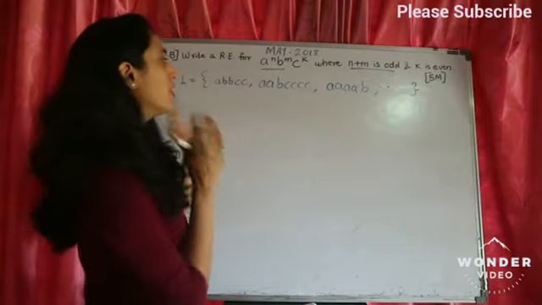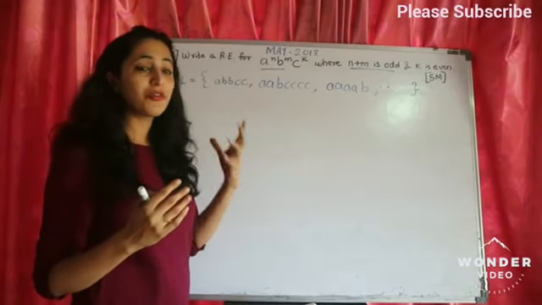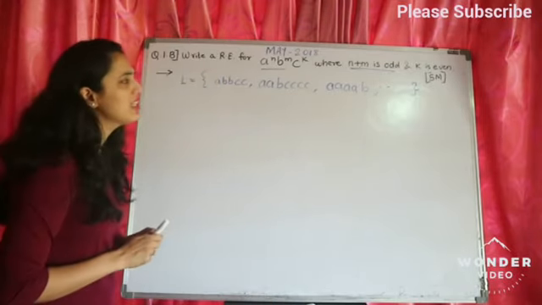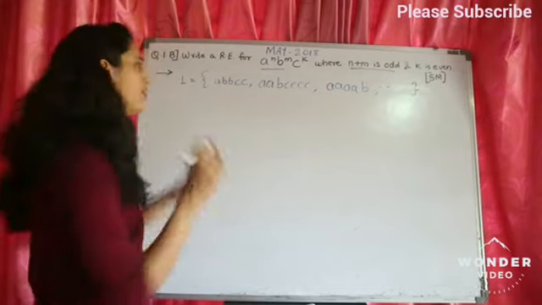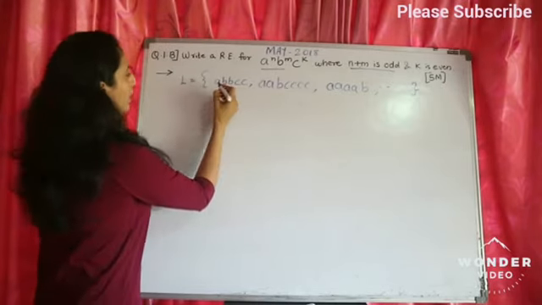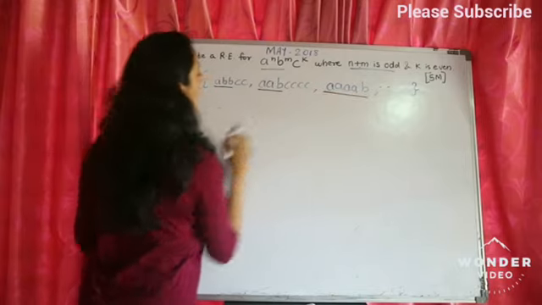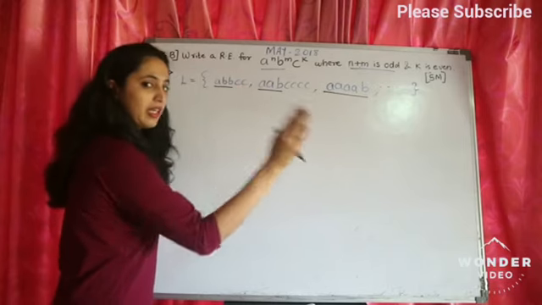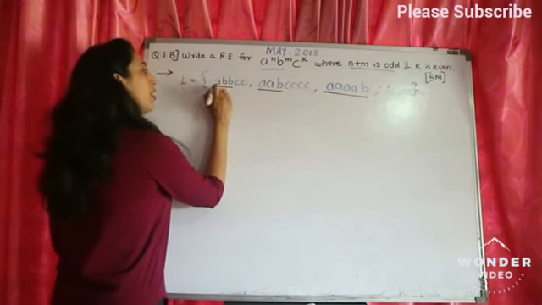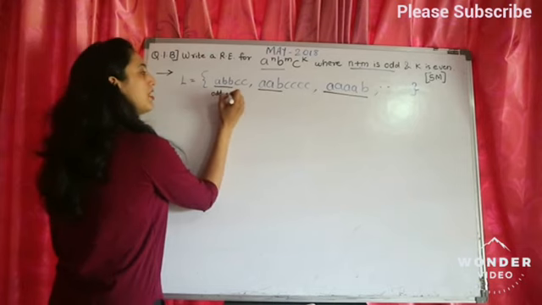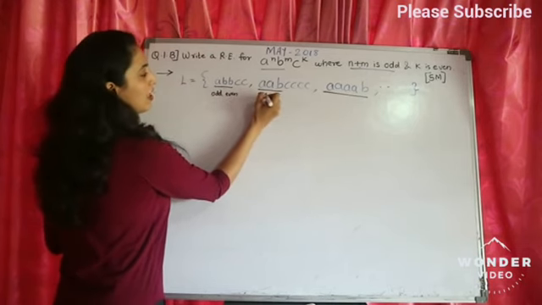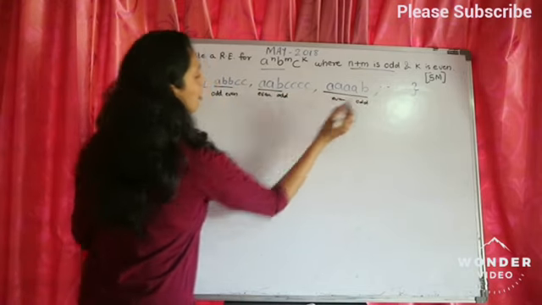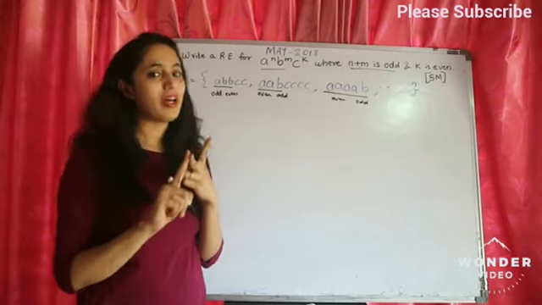Now, looking at this language, we get an idea of how the string should look and what different things I need to consider. It's very easy to identify if you look at A and B properly. Together they are odd in number. The string should be A followed by B followed by C. Now, when A is odd, B is even. When A is even, B is odd. So one of them has to be even and one of them has to be odd.